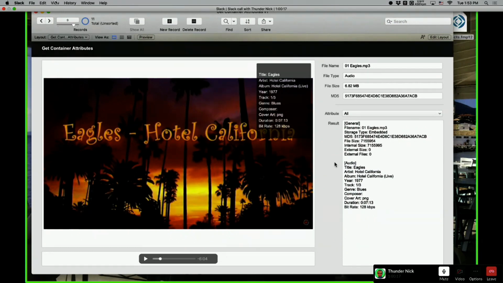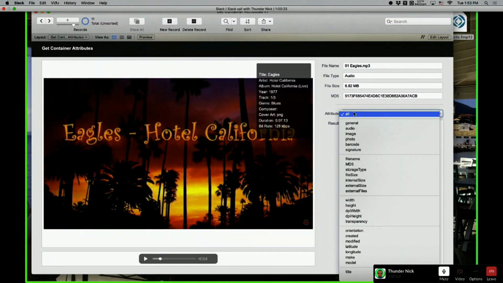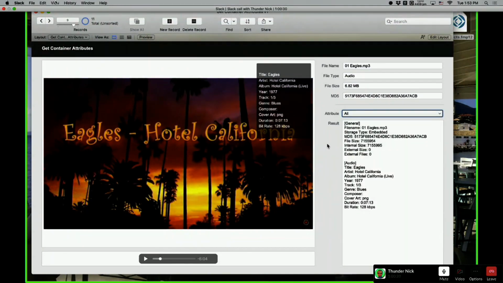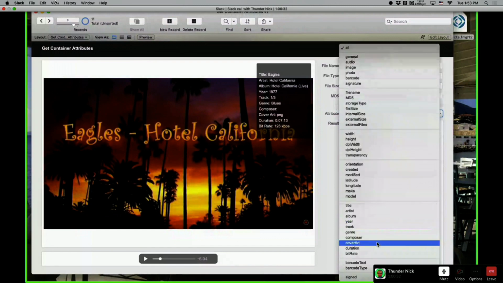So this is audio. This is all that FileMaker can read: audio, image, photo, barcode, and signature. I don't have any barcode information, but barcode is kind of cool. It extracts the text of the barcode, which is what we need most of the time, because when you read a barcode, you want the code.